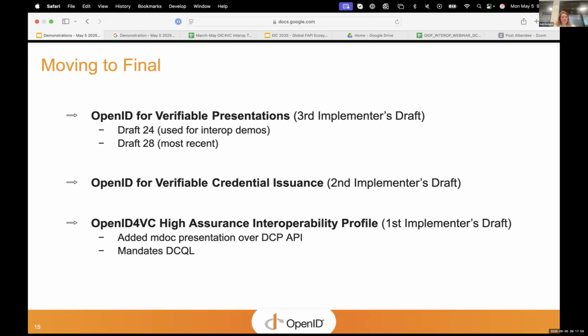In this case, it's a 60-day review period where the specs are published. We take in feedback, and it's the process of checking that these specs are actually ready to get published as final and collecting any final feedback and final editorial changes to try and make them as good as we can. At the end of that public review period, there'll then be a 7-day voting period, and if and when that vote passes, the specifications will then be published as final, which for verifiable presentations should happen around the end of June.